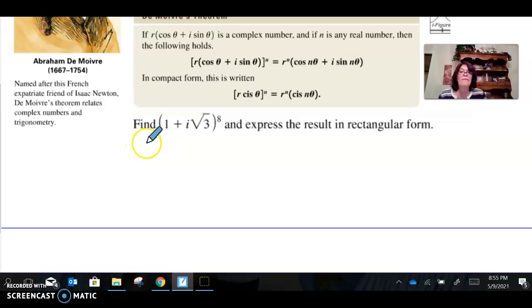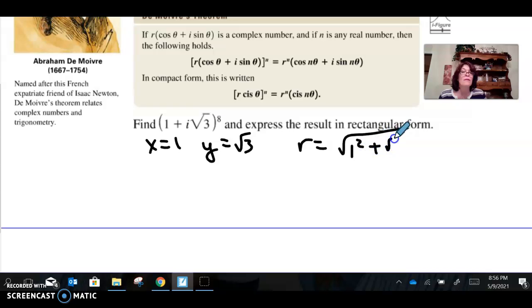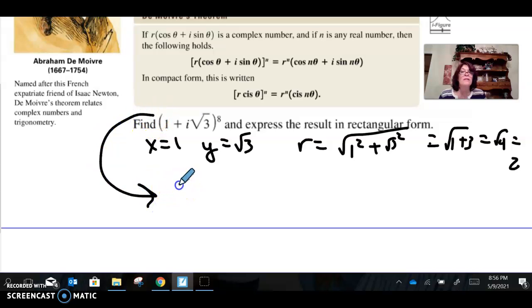We have here that x is 1 and y is square root of 3, right? x plus yi. So r is going to be the square root of 1 squared plus square root of 3 squared, square root of 1 plus 3, square root of 4, which is 2. So this number is actually 2 times the cosine of what? Well, I know the tangent is y over x, so the tangent of theta is square root of 3 over 1. So that means that